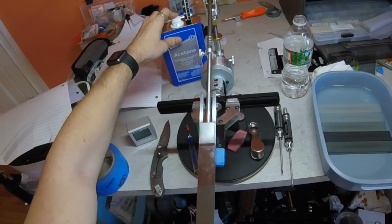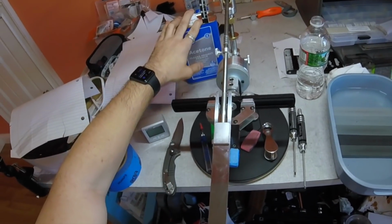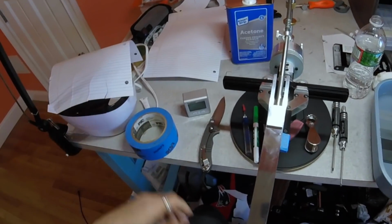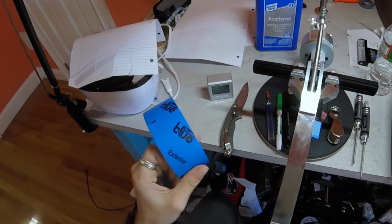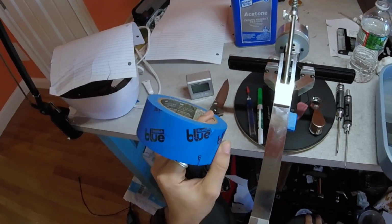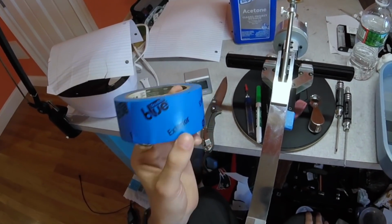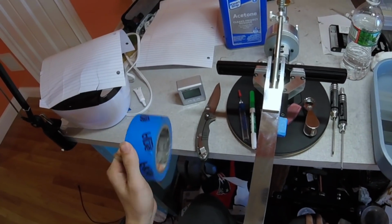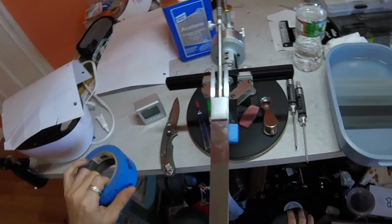I think that's it. Oh, acetone or alcohol to clean your blade between stones if you are chasing a mirror, and even if you're not, you want to keep things from being contaminated. This is the tape I use to tape my blades if I'm going to do so. It is Scotch Blue exterior painter's tape. I find it stays on better than the regular painter's tape. So,